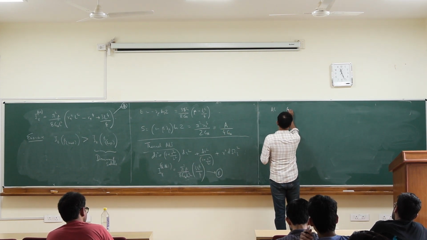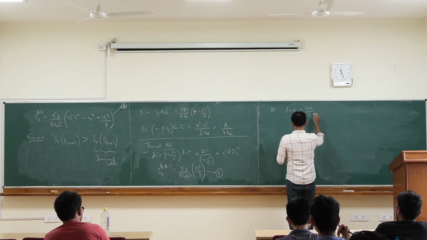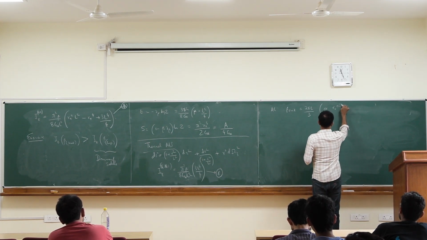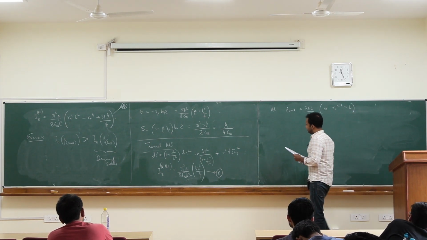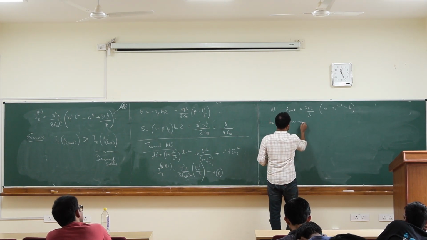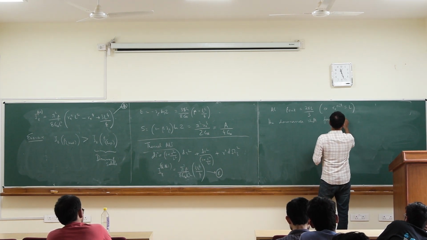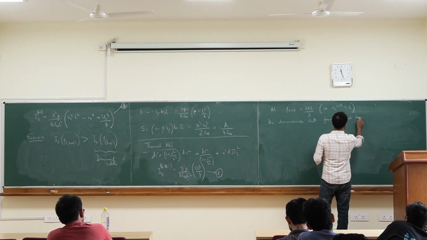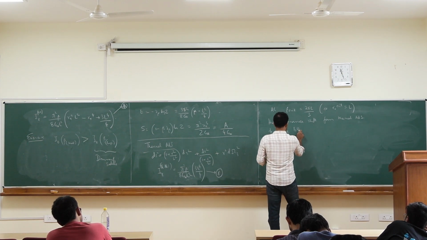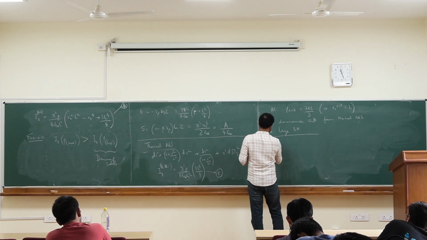And the claim is that at beta crit equal to 2 pi L by 3, or equivalently r plus crit equal to L, the dominance shifts from thermal AdS to the large AdS black hole. That means that at T greater than T crit,